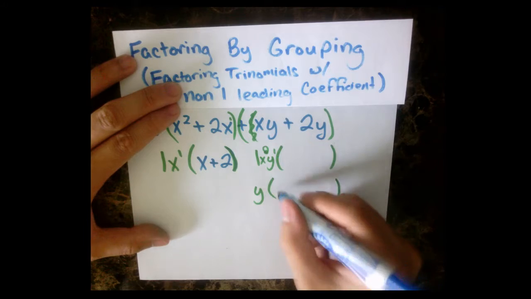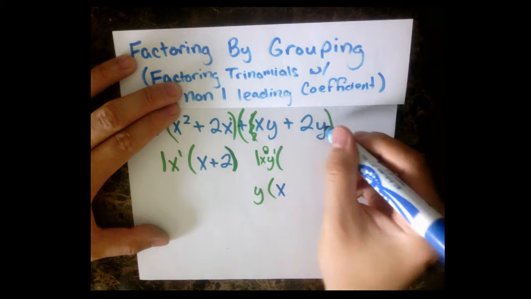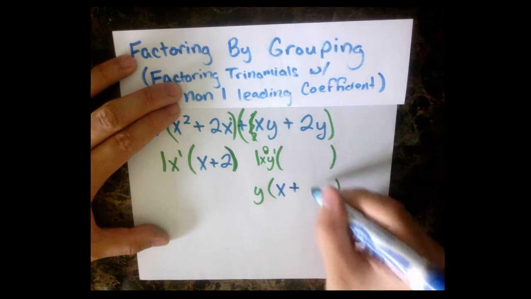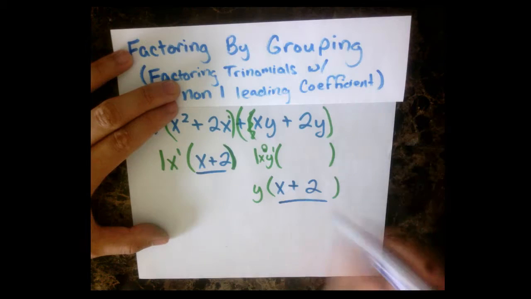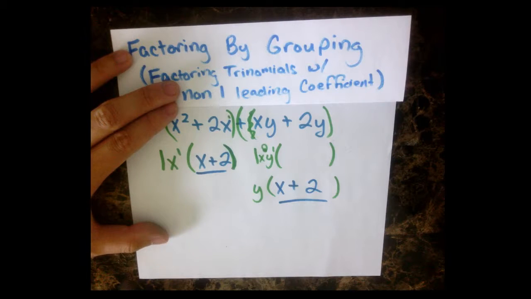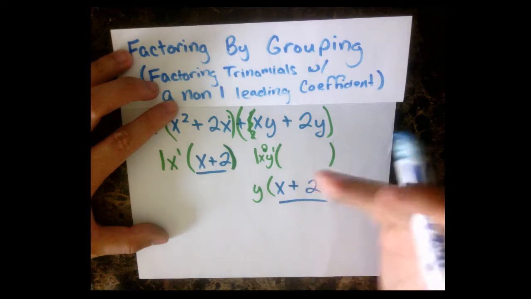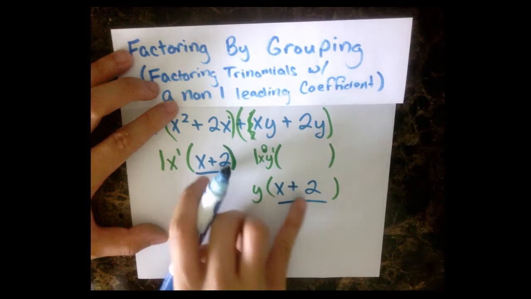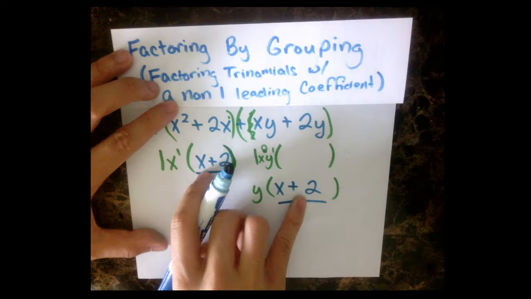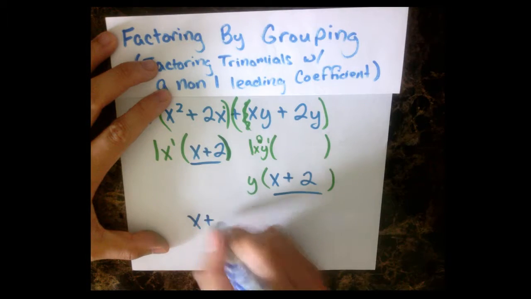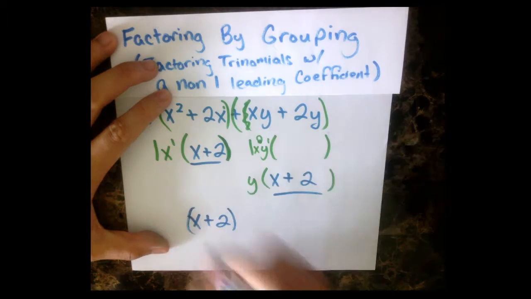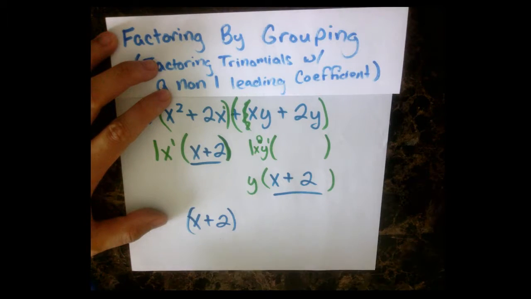xy divided by y just leaves us with 1x, and 2y divided by y just leaves us with our 2. And what you'll notice here is that in my parentheses, I end up with the same value. This is that grouping factor because we're going to group these up. Because they're the same, we're going to group these up. Alright, so you're going to group up your 2x plus 2's,